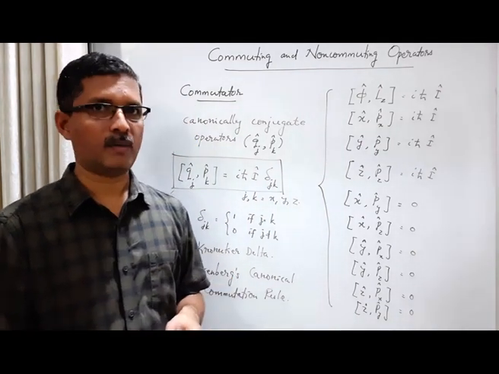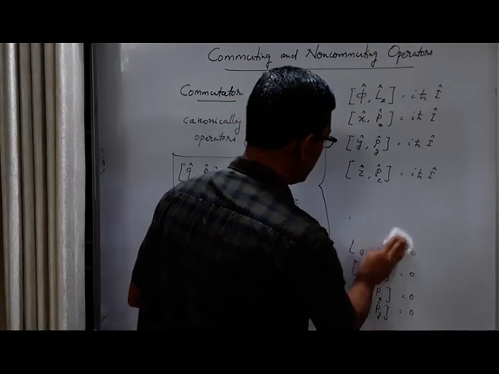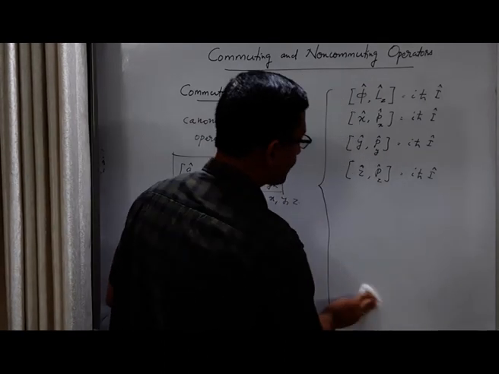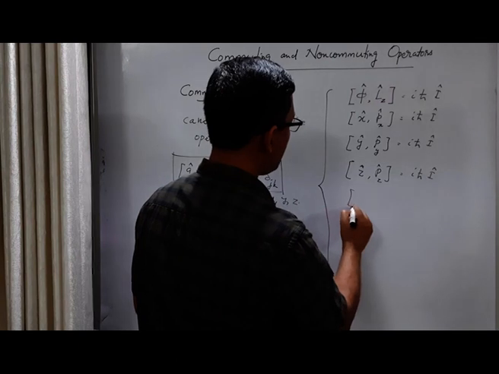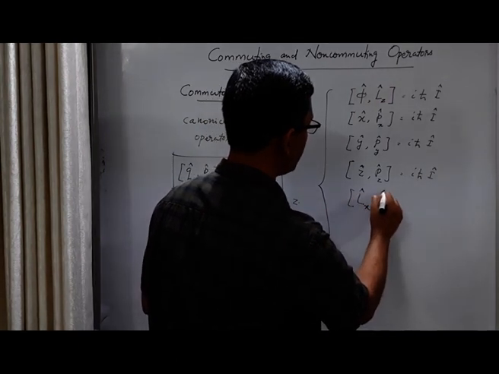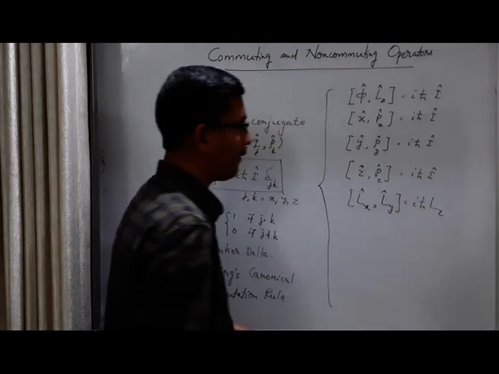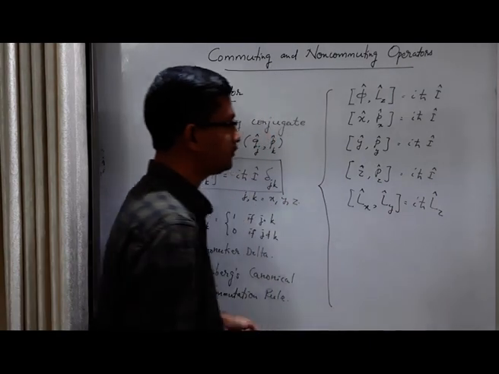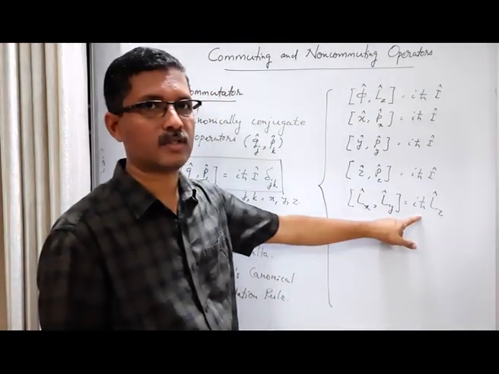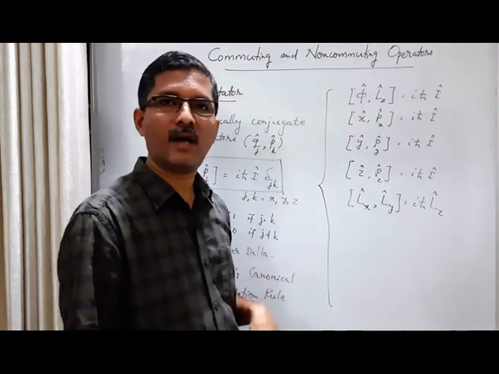But there are other non-commuting operators. Let us see one important example. Just as I have mentioned, angular momentum operators. Angular momentum operators satisfy this commutation rule: [Lx, Ly] = i h-cross Lz. You can see that this is not Heisenberg's canonical commutation rule. It's different. So this is the commutation rule between angular momentum operators.